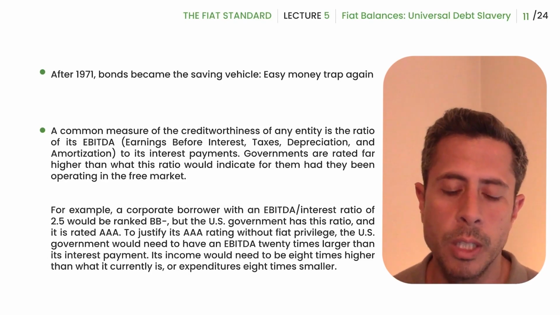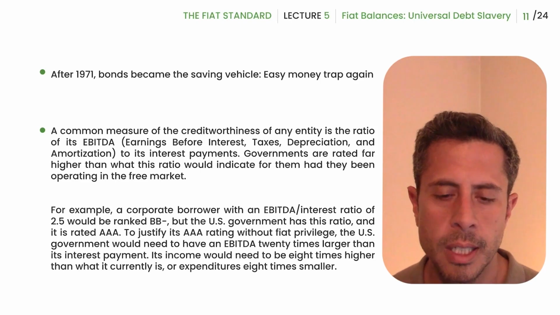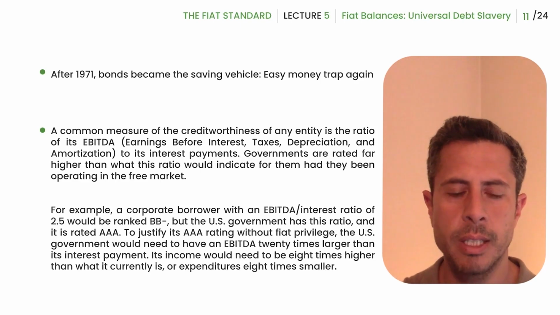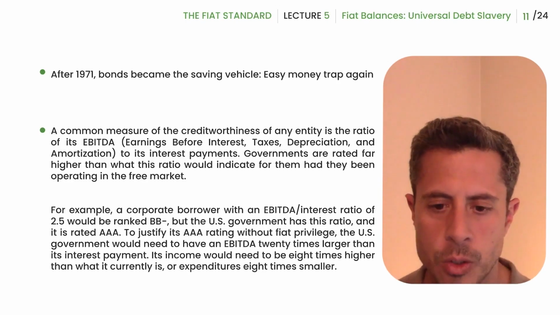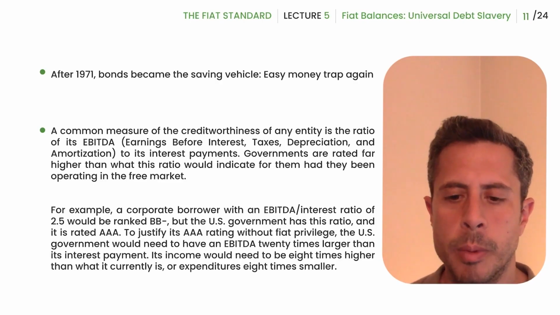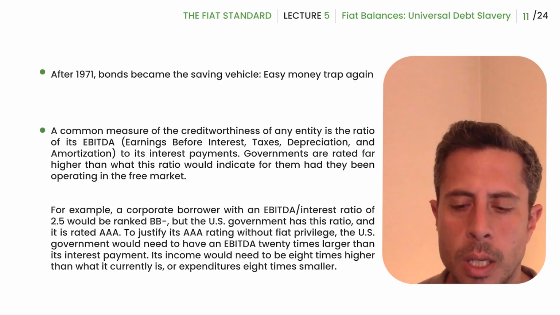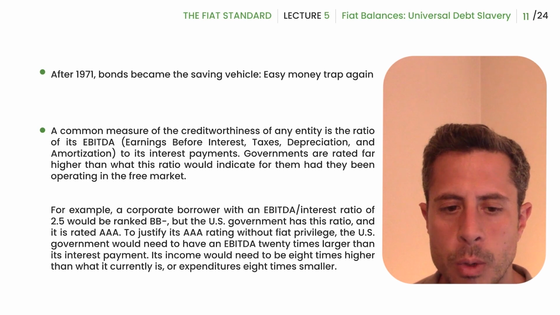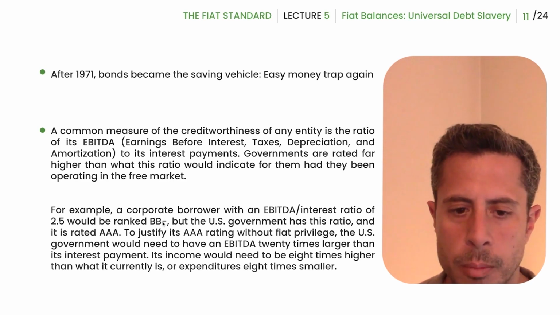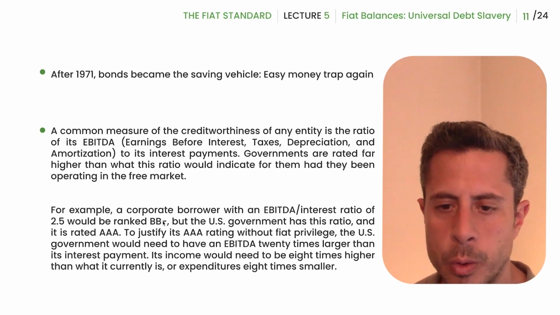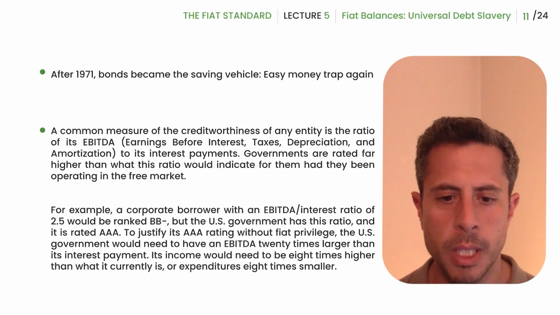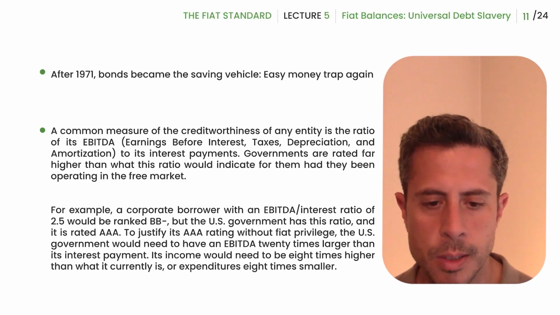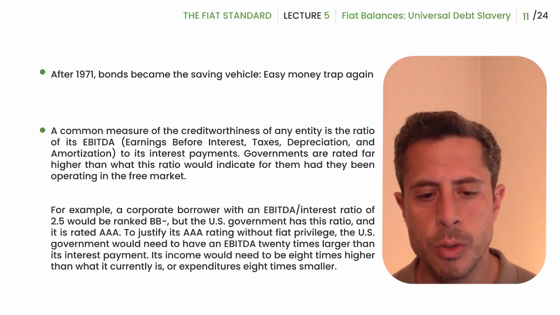And so one interesting fact to keep in mind is that if you looked at the balance sheet of a government and you ran the numbers on the government's revenues and expenditures and you saw what it was performing like and looked at its expectations, with these kind of numbers, you would rank the US government as a B minus. But based on the numbers that they use for credit ranking, the EBITDA over interest ratio, this is how they qualify companies according to their rankings. And that then in turn determines the interest rates that they pay.